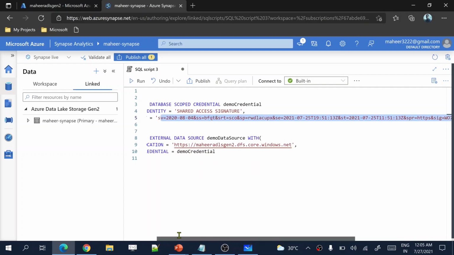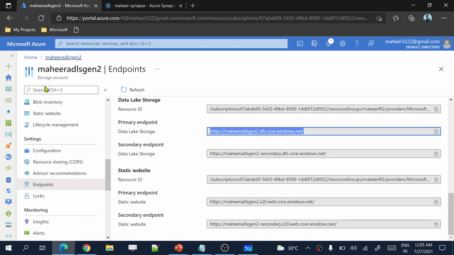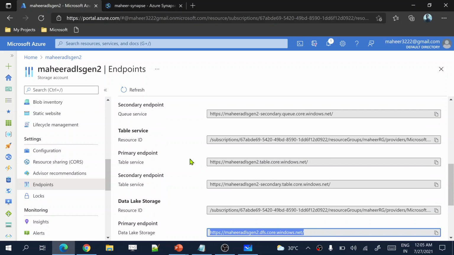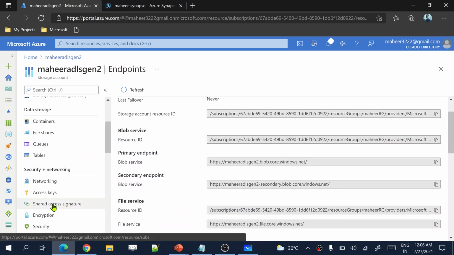If you don't know what a shared access signature is, think of it as a key which you can use to authenticate with your Data Lake Storage Gen 2, and that entire key will look something like this. If you don't know where this key is available and how to access it, let's go to Data Lake Storage Gen 2 once again. Here if I scroll down, you see something called shared access signature.